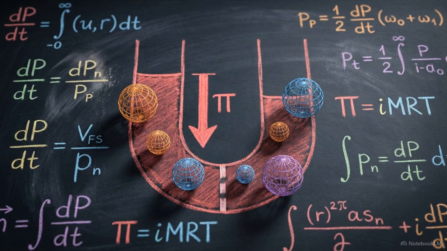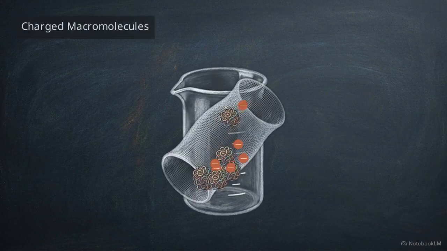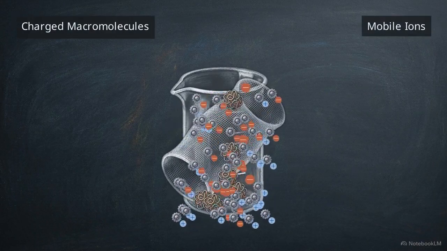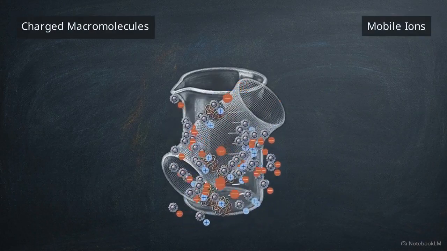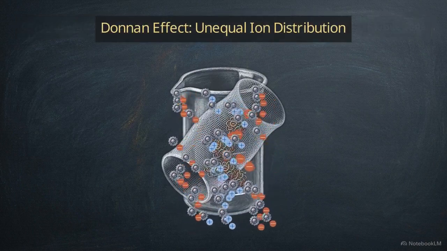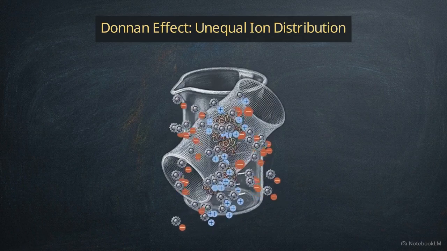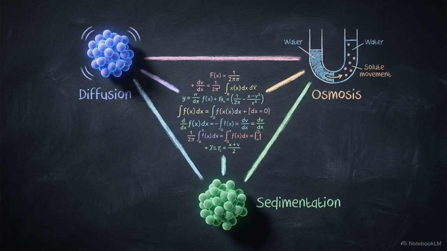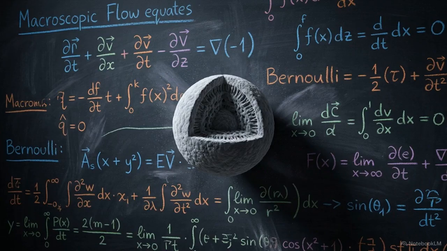Osmotic pressure provides the only measurable physical effect. Calculating molecular weight this way requires strict mathematical compensation for the Donnan membrane effect, correcting for the unequal distribution of small ions caused by the presence of large charged macromolecules. The kinetic equations of diffusion, osmosis, and sedimentation provide a mathematical tether. They allow chemists to measure macroscopic flow and use it to precisely calculate the mass and dimensions of individual invisible